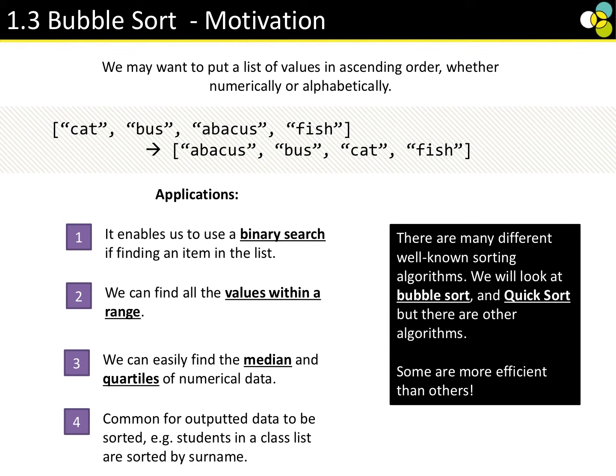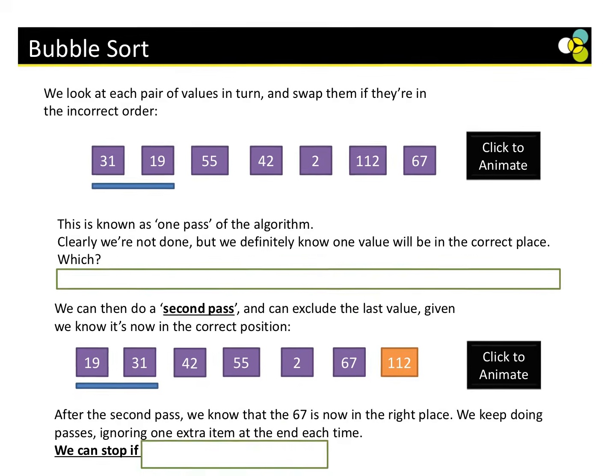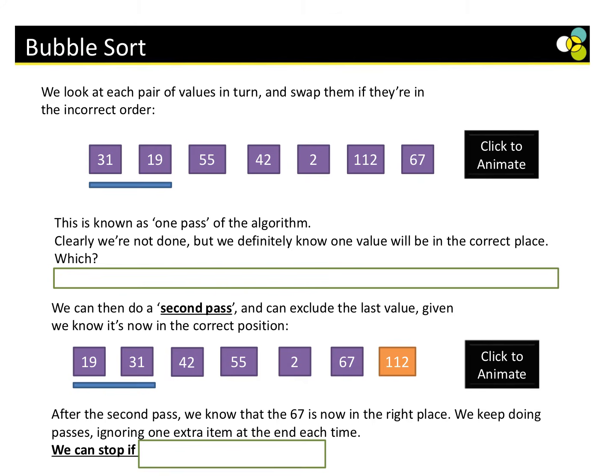So this is what's going to happen. We're going to look at each pair of values in turn and swap them if they're not in the correct order. This is known as one pass of the algorithm. Because it wants us to put them into the correct order,